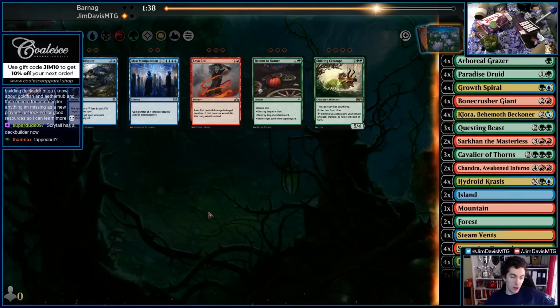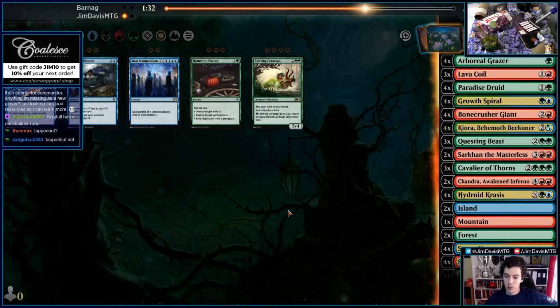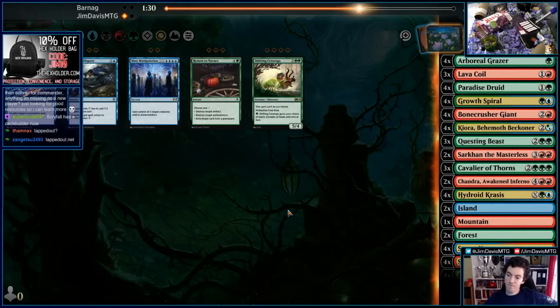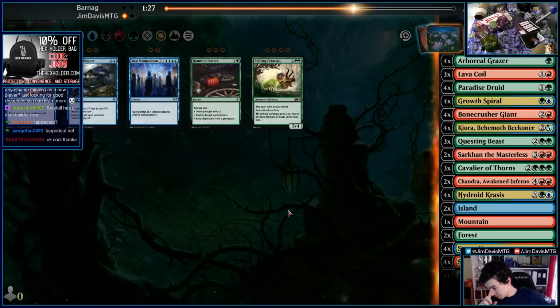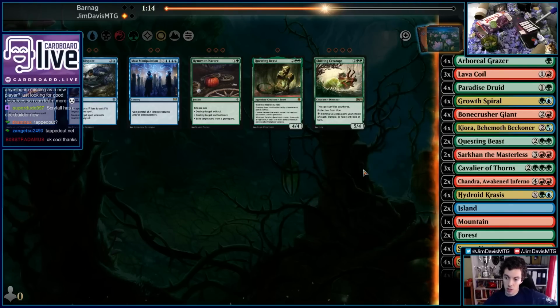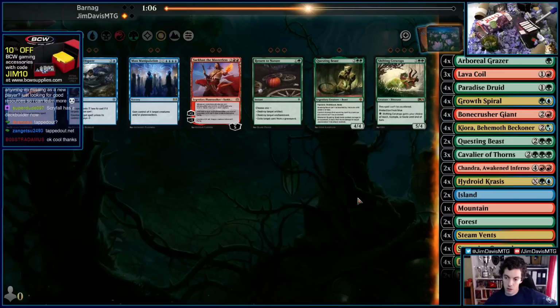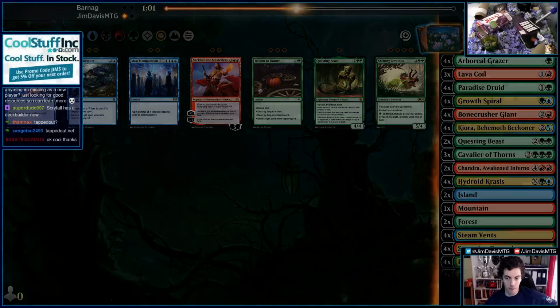So, alright, they're playing Golgari Adventures. We're going to want our Lava Coils. What do we cut? I feel like all of our cards are good now. Like, before we had some easy cuts because I wasn't really thrilled with some cards, but now I actually like every card. I guess we can shave a Questing Beast. And then maybe we're not interested in Sarkhan on the draw against them. Let's try this. I'm honestly not sure. All of our cards seem great now, so...